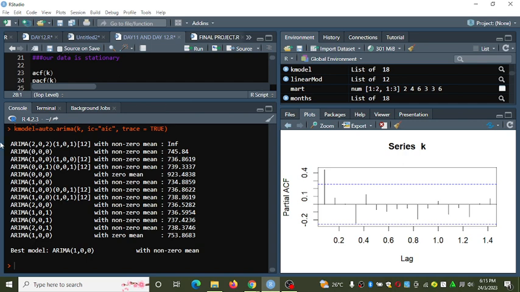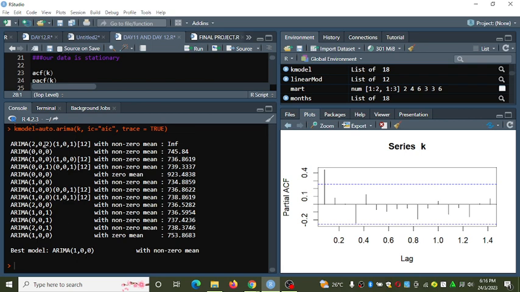For example, check here the Akaike information criteria with the help of auto-arima function is selecting a model with the autoregressive 1, integrated part 0, and the moving average of 0.